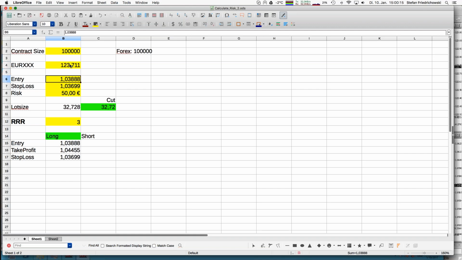And our potential entry for our trade is 123.711. Stop loss value is 124.711. And now you see our trade. It would be traded with 0.06 lot and with a take profit of